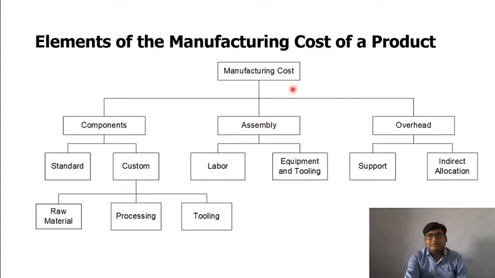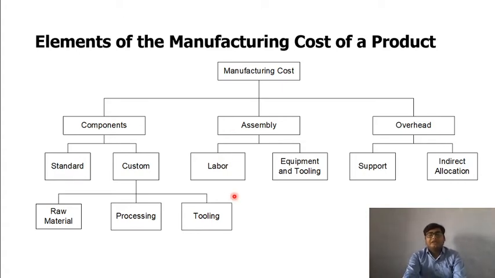In the previous video, we discussed these elements of manufacturing cost, and we know that manufacturing cost can be affected by actual manufacturing of components, assembly and overhead, and we know that overhead is not something that can be affected by us largely. So we mainly focus on reducing cost on components and reducing cost of assembly. How to reduce cost on components, that we have already seen in design for manufacturing. Now in today's lecture we will discuss how we can reduce cost of assembly by